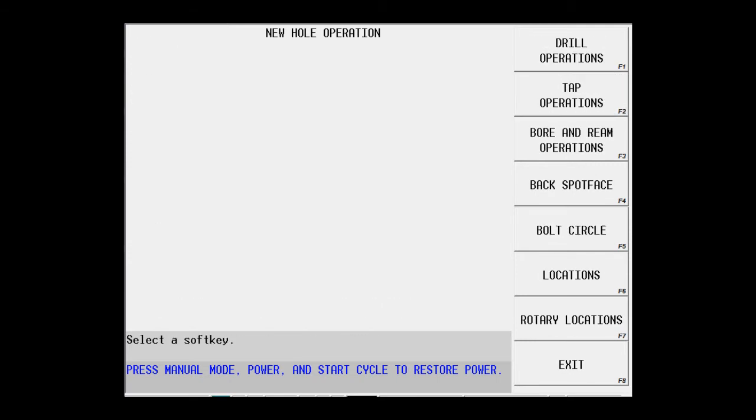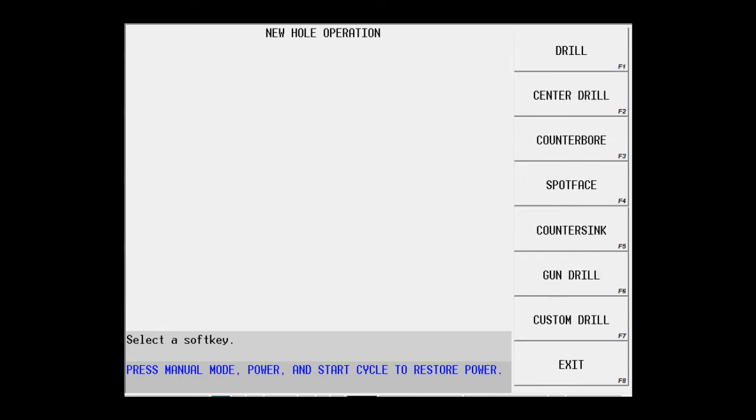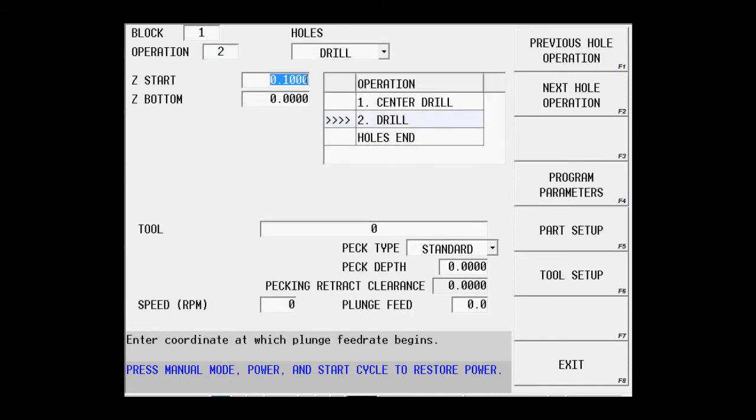The next thing I want to do is drill the 5/16 hole, so that's a drilling operation. It's using a drill, and I just need to give it a depth here. We're tapping to a 3/4 inch depth, so we want to drill a little further. Let's go 1 inch to be safe. Using Tool 2, speeds and feeds are there, and I think I want to peck this at maybe 1/4 of